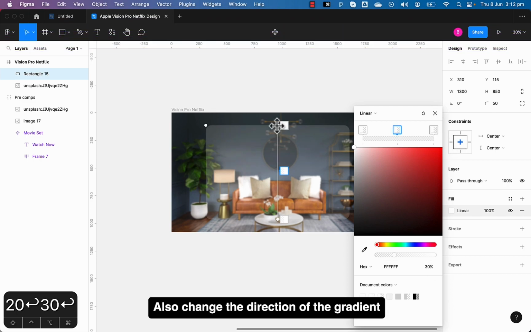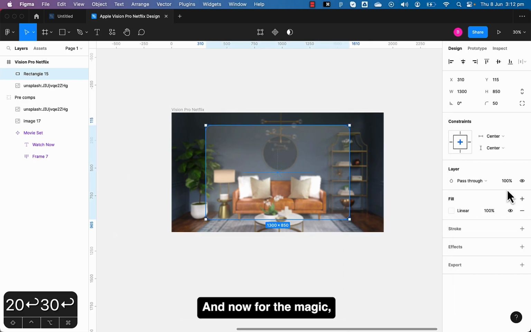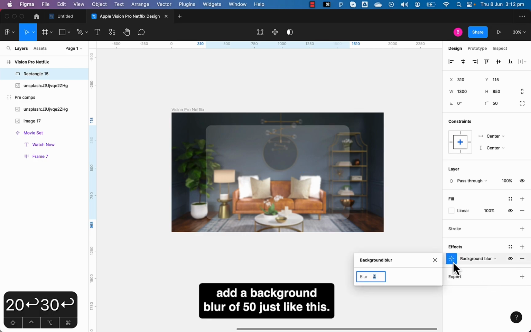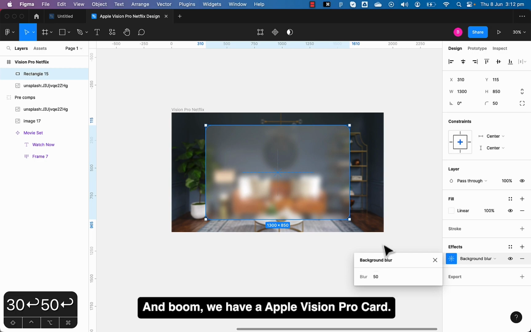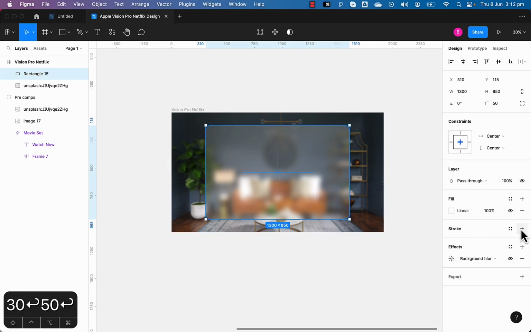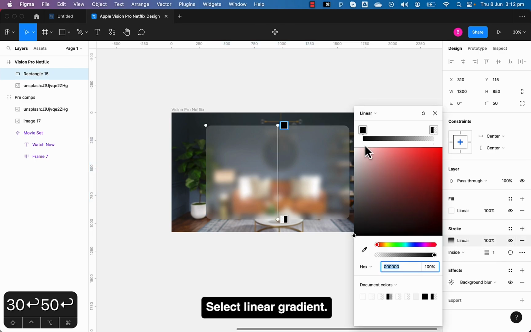Also, change the direction of the gradient to something diagonal like this. And now, for the magic, add a background blur of 50, just like this, and boom, we have an Apple Vision Pro card. Add a stroke for some shine, select linear gradient, make it diagonal,